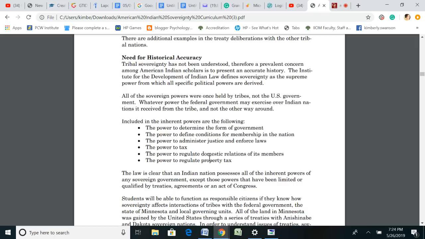And it says the power to form government. That's something that we should learn how to do. How this government was formed. We already know that it was based on a lot of